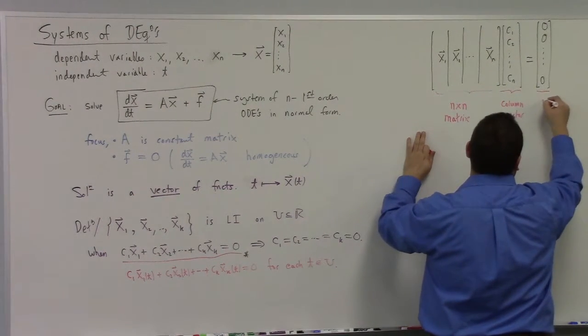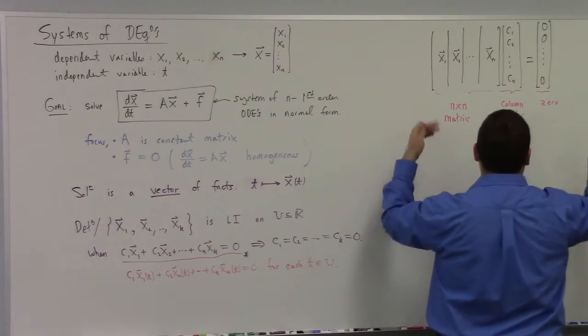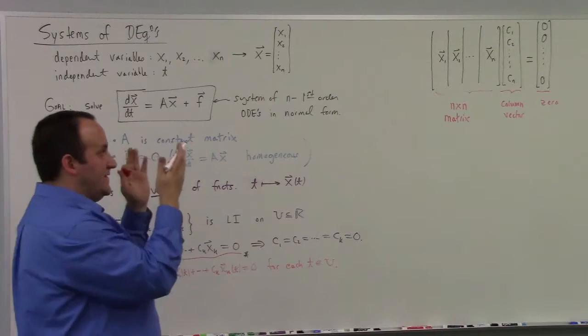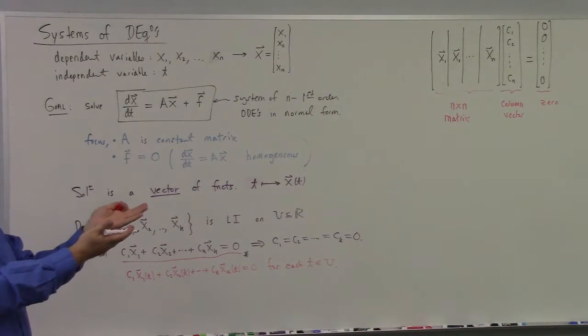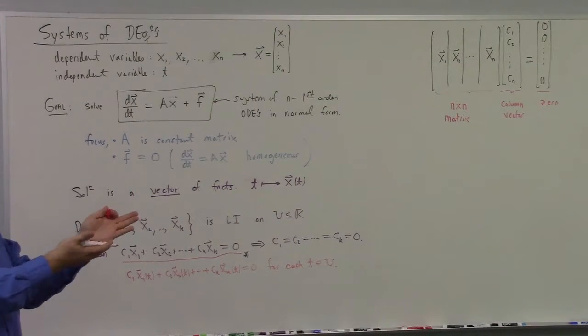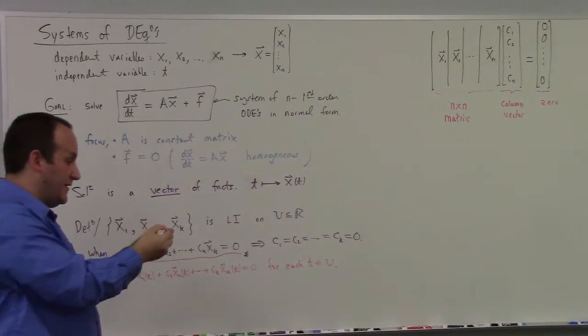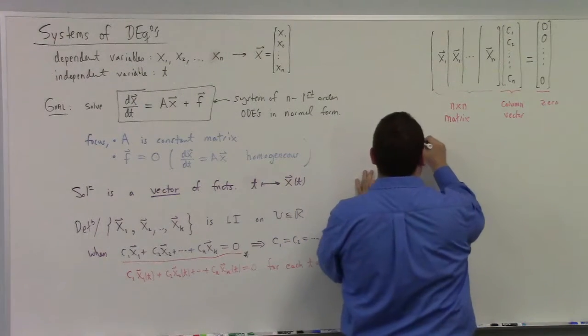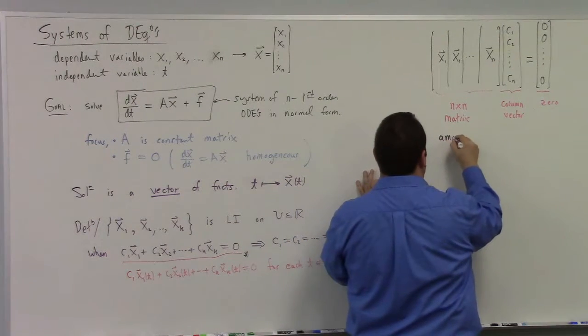And here we have 0, right? Fine, 0 vector. And what's the condition? The condition of linear independence is that that system of equations has only one solution, the 0 solution, for all time in consideration. That's the condition of linear independence. So linear independence amounts to